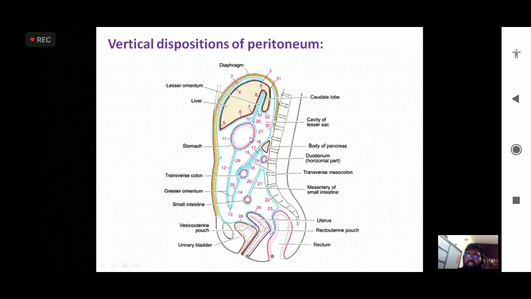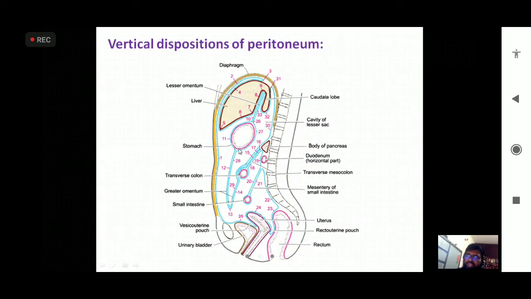What about this one then? What about the second and third layer of the greater omentum? How is it formed then? Let us start from here. The lesser curvature, it's another fold which goes around the greater curvature of the